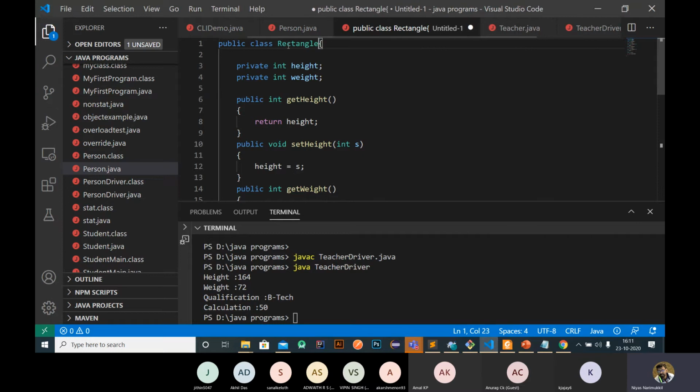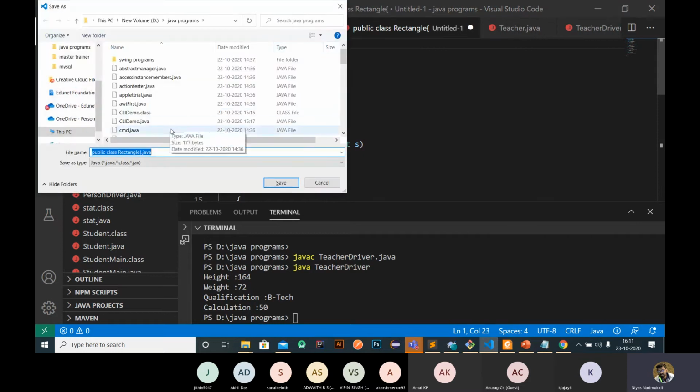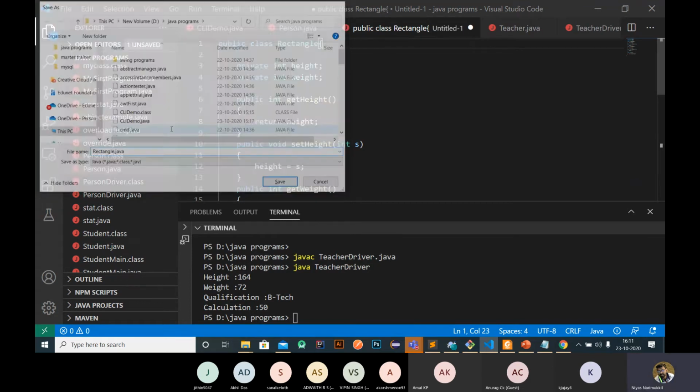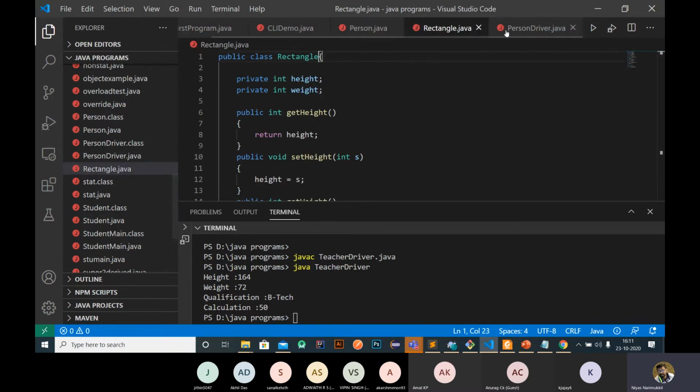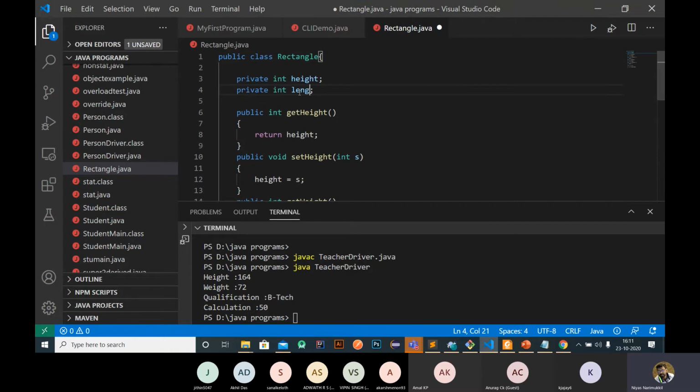Okay, so just save this as Rectangle.java. In case of rectangle, we can just swap the concept. So in case of rectangle also we have height and width. Instead of height and weight, we can use height and width, right?